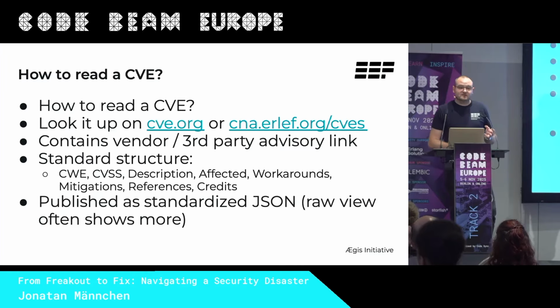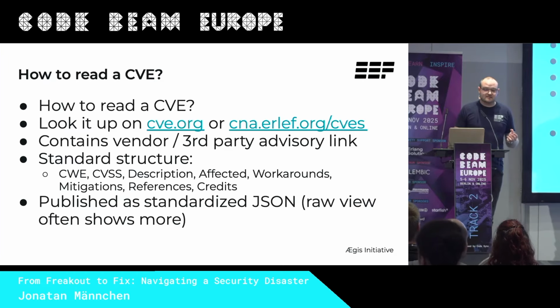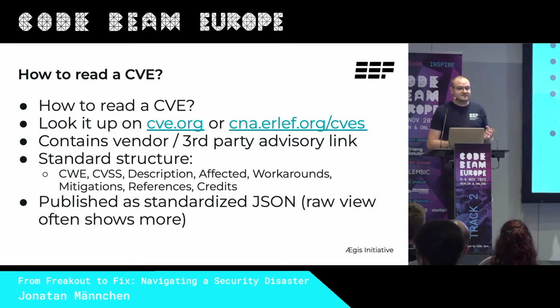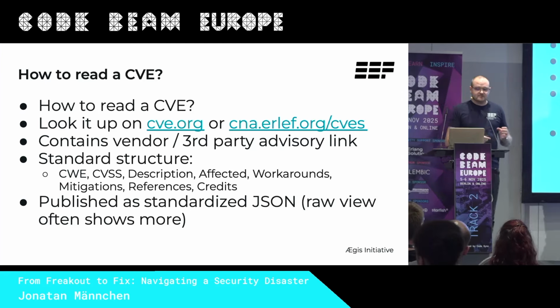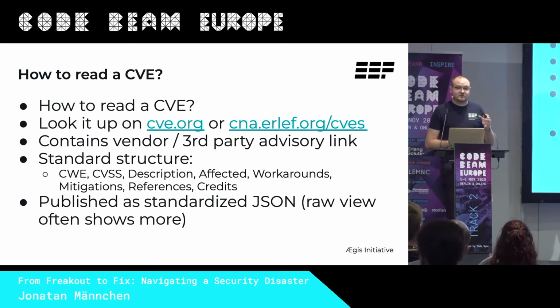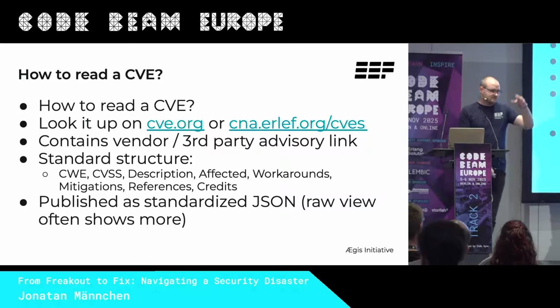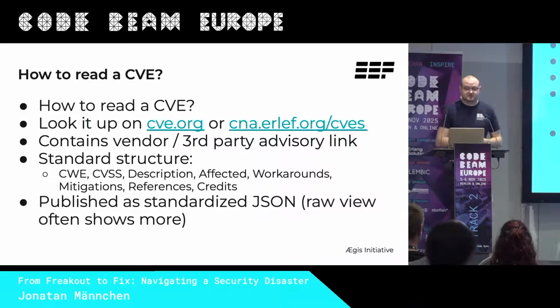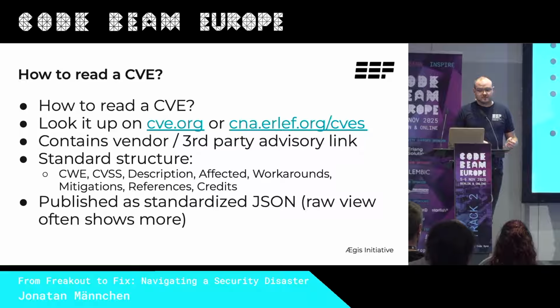Now that we know what a CVE is and how it is assigned, let's talk about how to actually read one. Every CVE contains a reference link, usually to a vendor advisory or a third-party advisory. That linked advisory is where you will typically find the most detail, like patch instructions, some context, and sometimes a full write-up, like a blog post or something like that. You can look up any CVE on cve.org, which is MITRE's official site. And if it's an Erlang or an Elixir vulnerability, or at least a recent one, you can browse them directly at